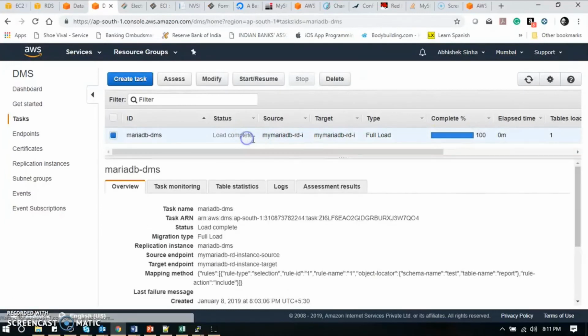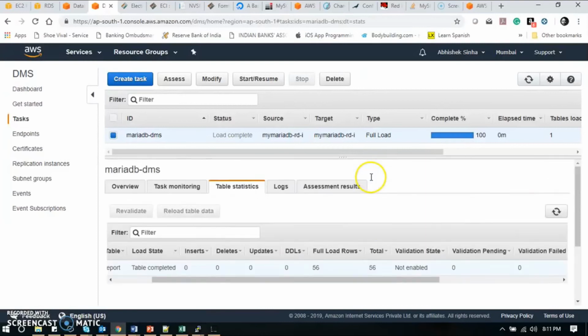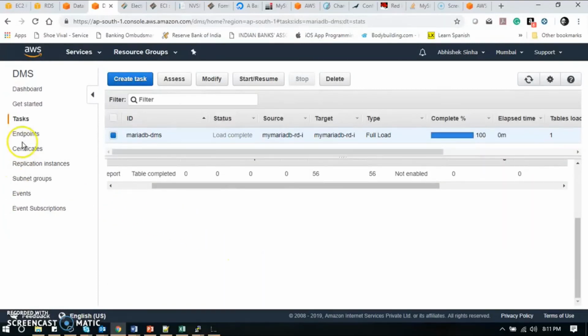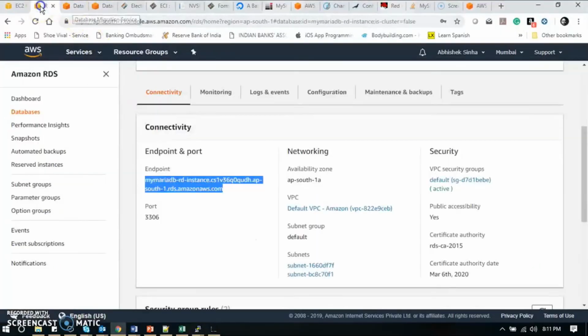Hi, so now the load is complete, and it has completed 56 total rows, and I will show you now how it looks on the database. So this is the relational database. I'm going to connect.